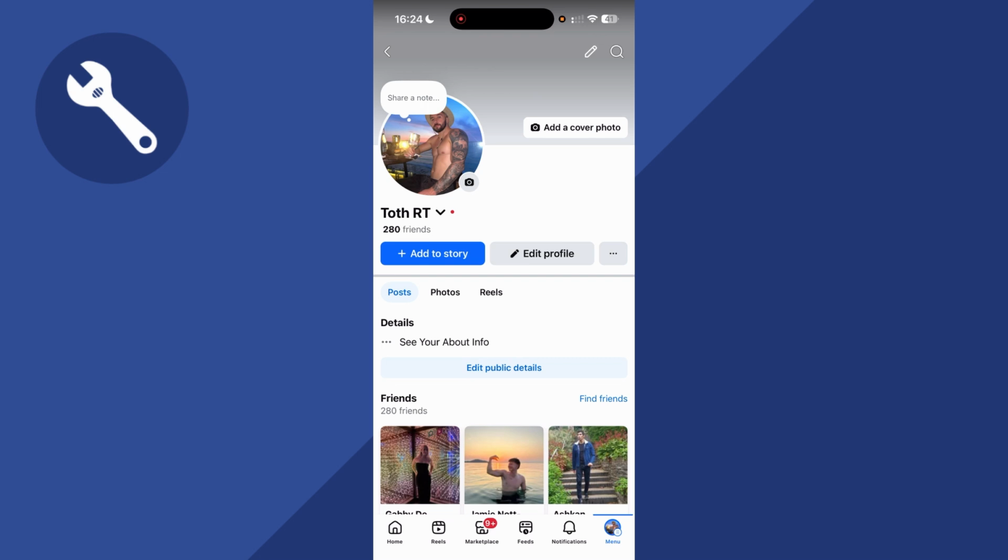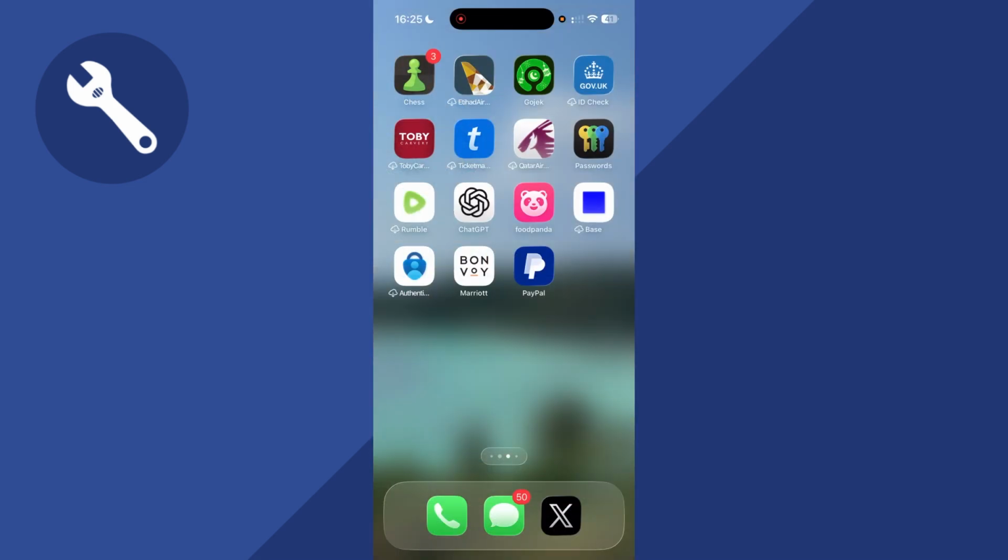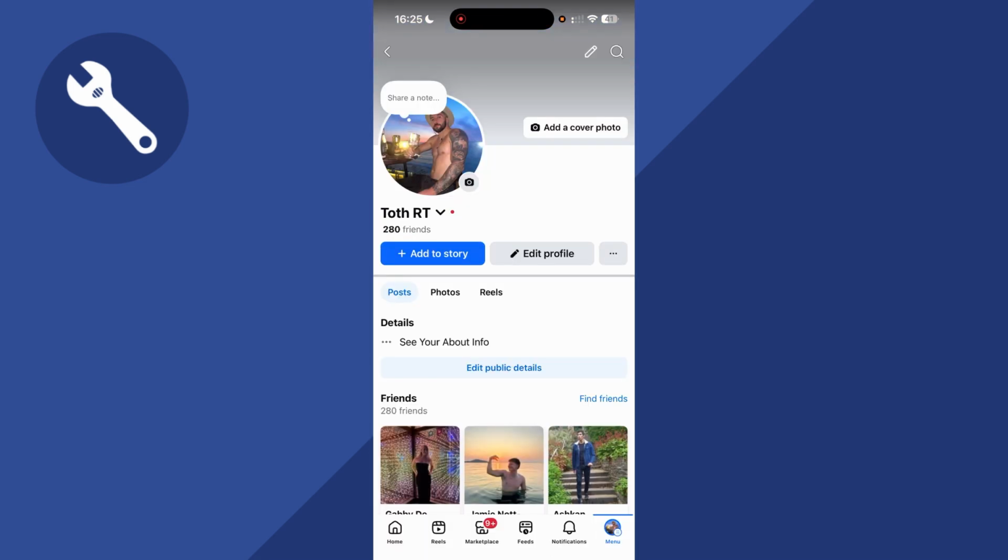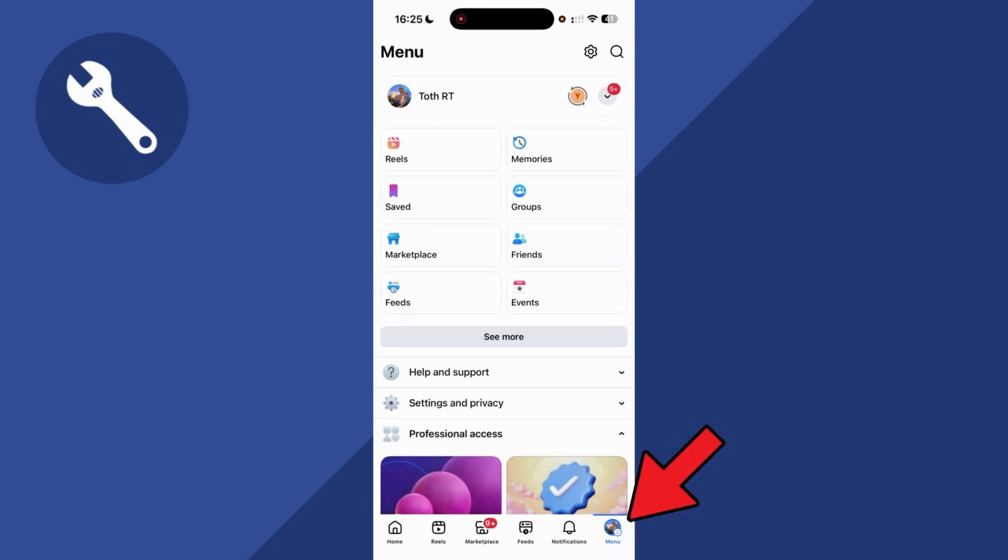How to add a workplace in Facebook. So if you've recently got a new job, I'm going to show you how to add this to your Facebook profile. Now the first step is to load up the Facebook app, click on your profile icon in the bottom